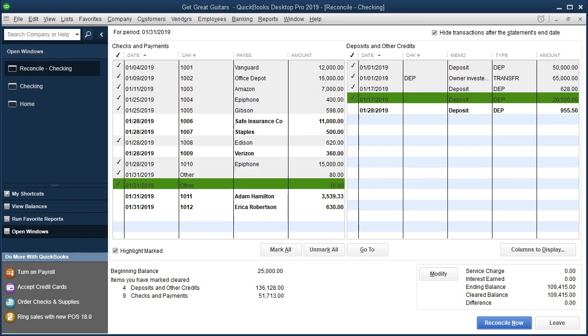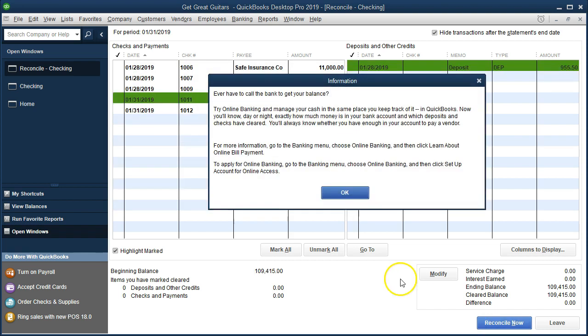Okay, so we're going to go back over here, and then we can go ahead and reconcile this item. So this is just the worksheet. This isn't really a reconciliation. Once we reconcile, we will get the reconciliation. So we're going to reconcile this, and it'll give us